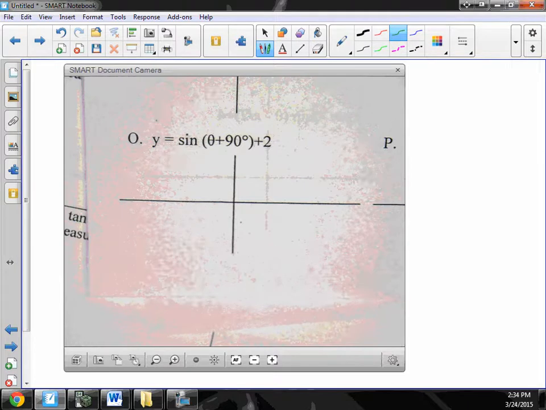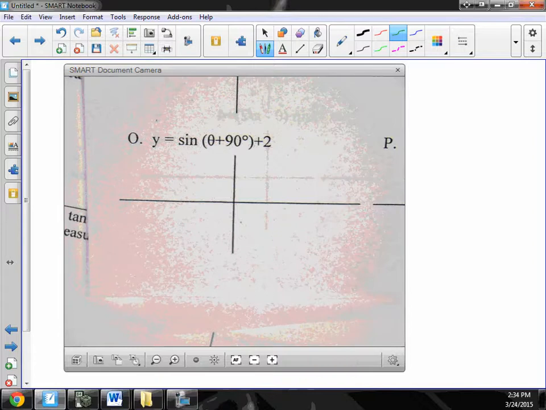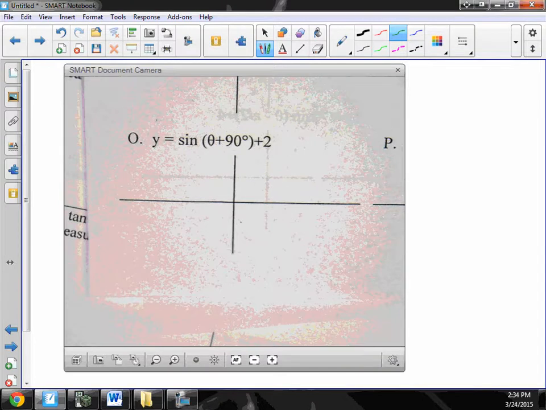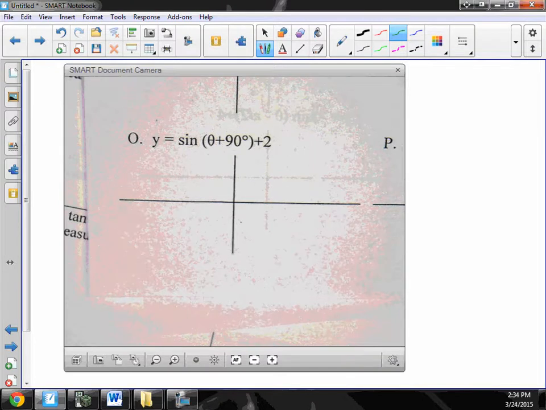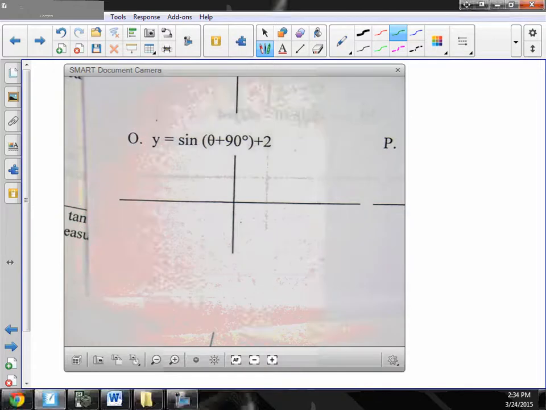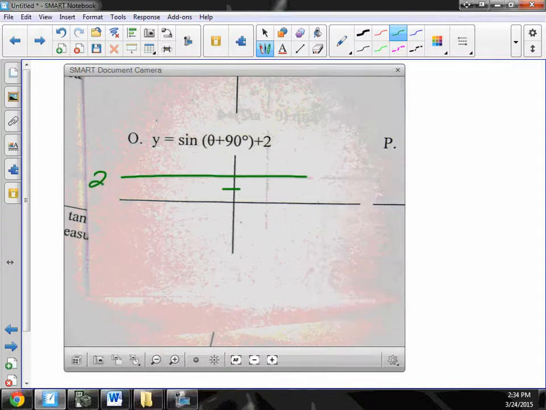No. Now, there are some transformations that have to be completed in a correct order, but you won't run into any of those today or any other time I give you sines and cosines. So you can perform them in whatever order makes the most sense to you. There is a specific order, but it turns out it doesn't matter in the problems that I'm going to give you. So I'm going to put my new center line up at 2,